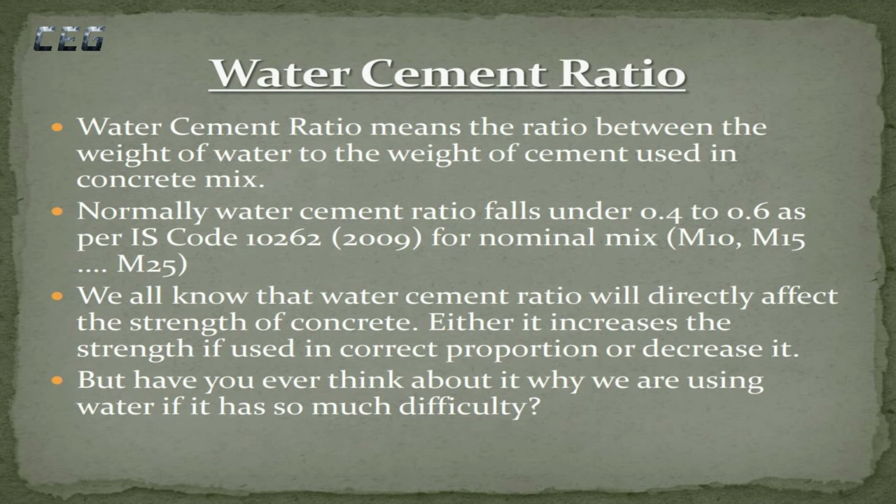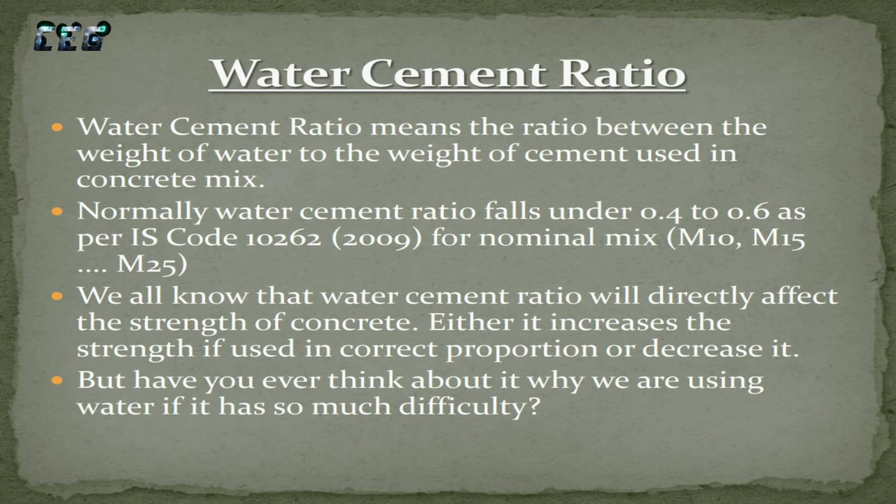Now move towards water-cement ratio. Water-cement ratio means the ratio between the weight of water and the weight of cement used in the concrete mix. Normally the water-cement ratio falls between 0.4 and 0.6 as per IS Code 10262, 2009, for nominal mix,